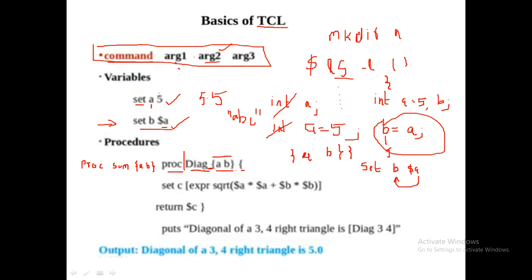Next, if you write a curly bracket in the next line after this, it will give you an error saying that the number of arguments are not matching, because for procedures you should have 3 arguments. You have given your first argument, the name of the procedure, and the second argument, but the third argument is missing. What is this third argument? The open curly bracket.